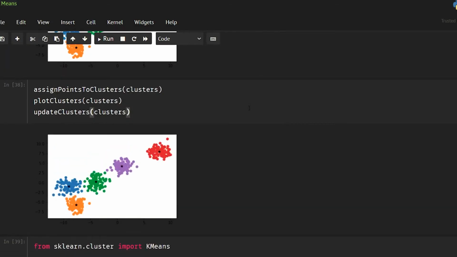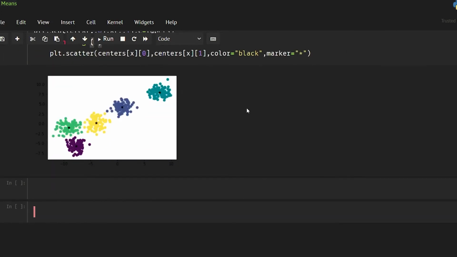Okay, now we have completed this. Now let me show you a problem in which k-means is not going to work, and k-means plus plus is also not going to work. So let's use from sklearn.datasets import make_moons, and I'm getting x, y from make_moons.